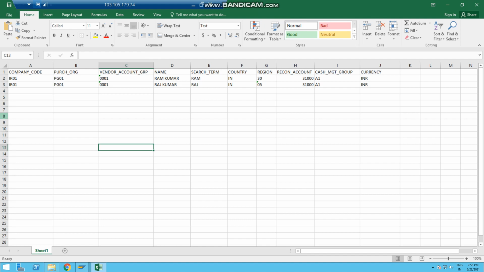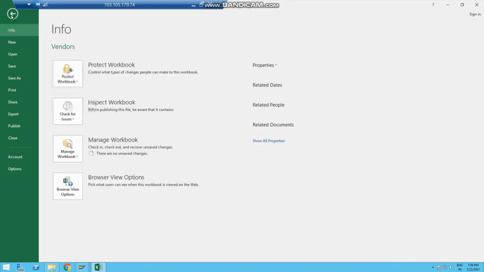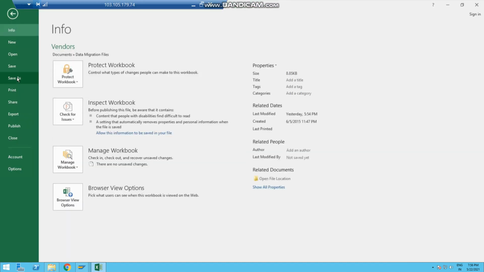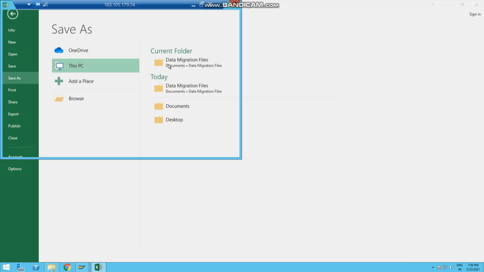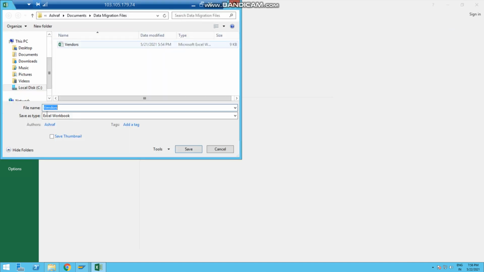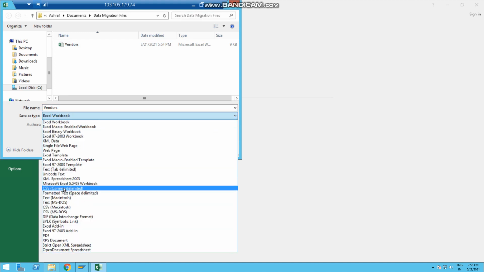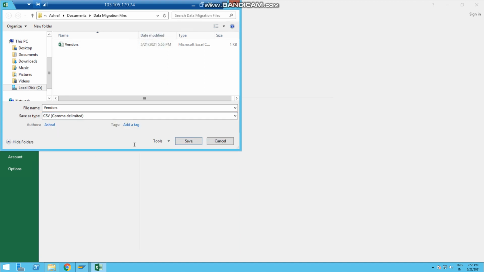So what you need to do is prepare the data and save the file in CSV format or tab delimited format. So you simply say save as, and here save as type will be CSV comma delimited. Click this and save it.